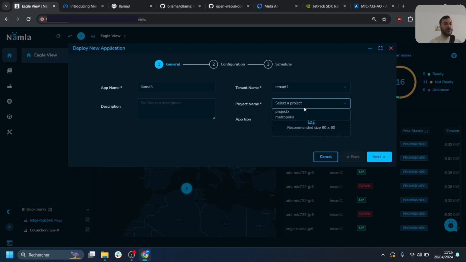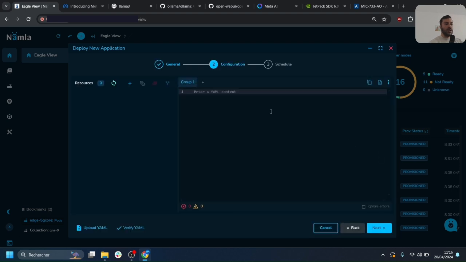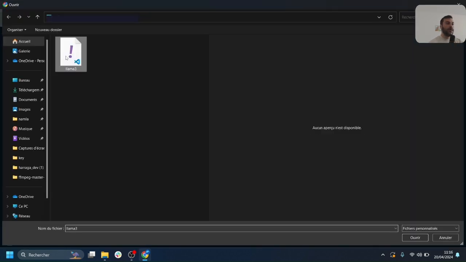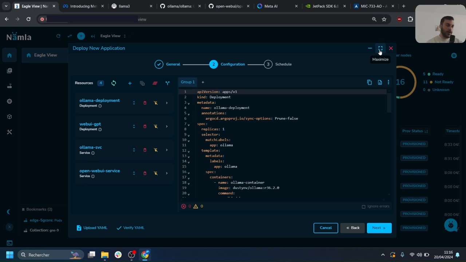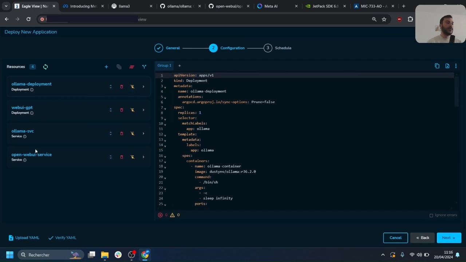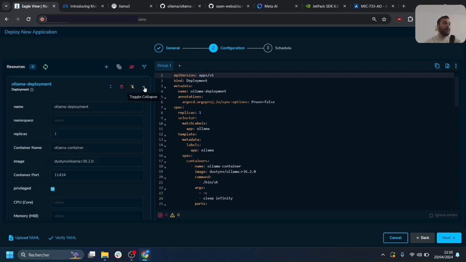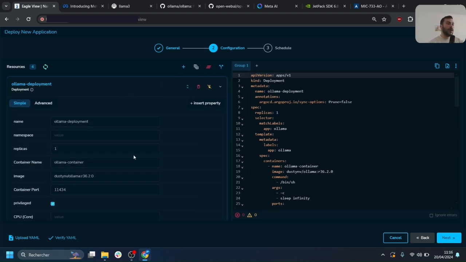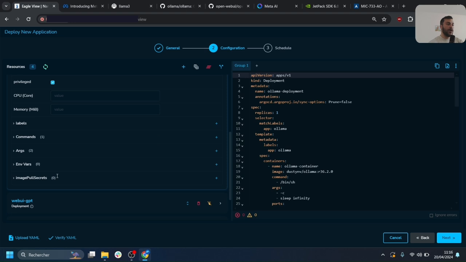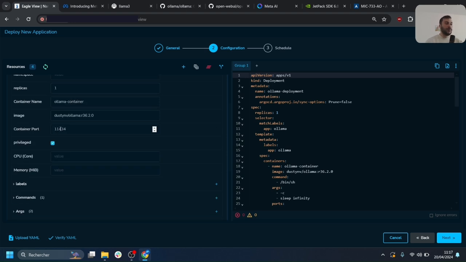tenant 1, project Metropolis, and upload the YAML manifest. So a quick walkthrough of this YAML manifest. It's basically a Kubernetes manifest, nothing out of the ordinary in this case. So it's an Ollama deployment, the container that has the Ollama runtime. I'm using the container from Nvidia for Jetson. The container is exposed on the port 11434,